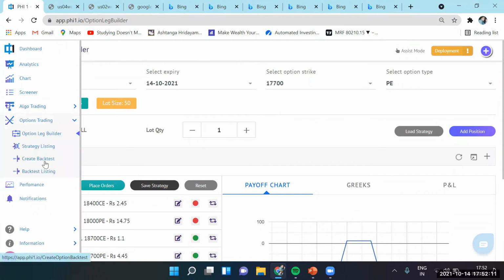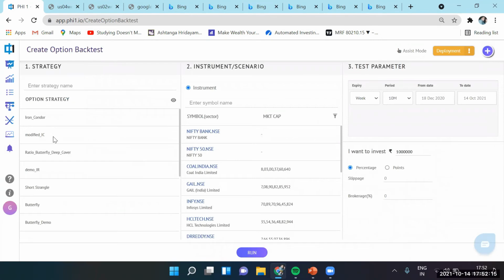And the other option is for me to backtest. Let's create a backtest for this now. So my modified iron condor, let's run it for Nifty 50 in this case at a monthly interval.